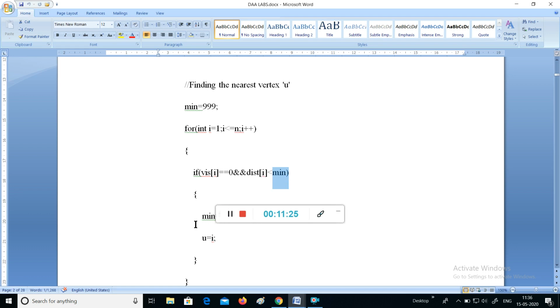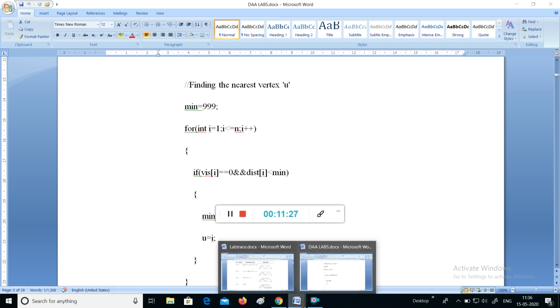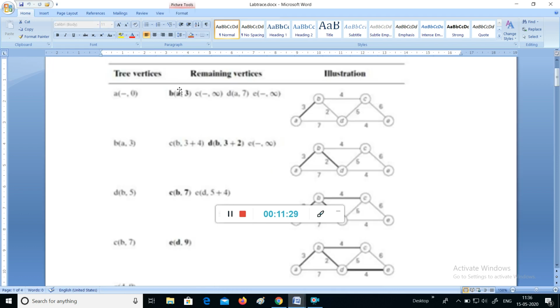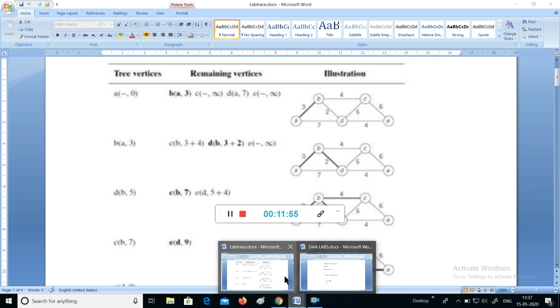What we are trying to do with this is we have taken the first value. 3 is less than infinity. So far this value is least. Now this will be compared with this. Again this value is least. This will be compared with this value. Again 3 is less than 7. 3 will be compared with infinity. 3 is less. So just to scan these entire 4 values and get the smallest value, we are performing